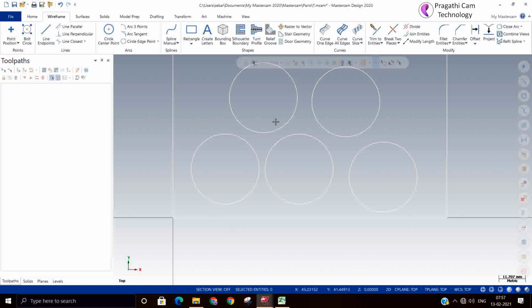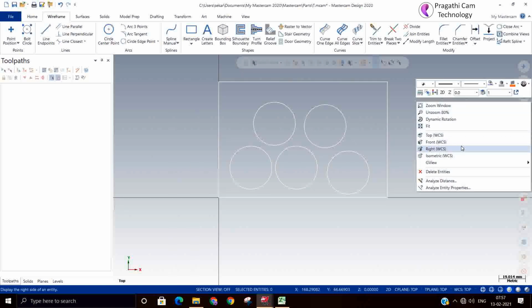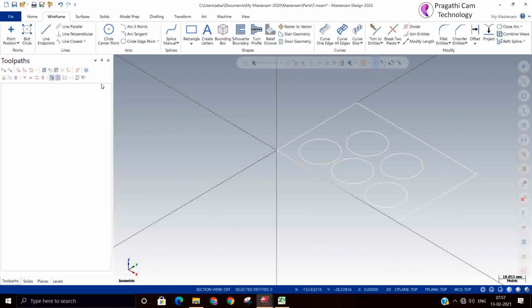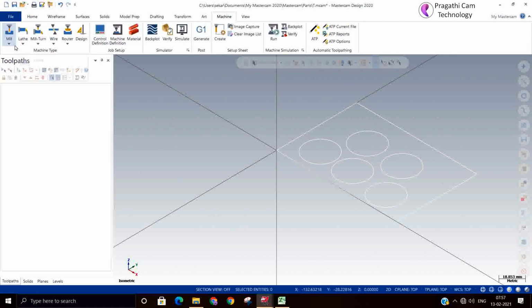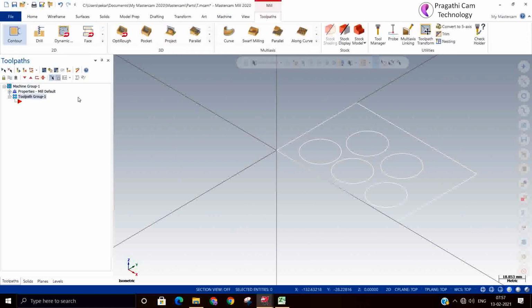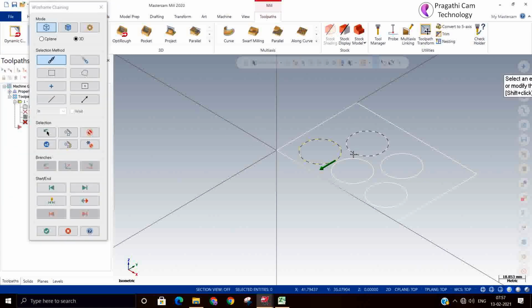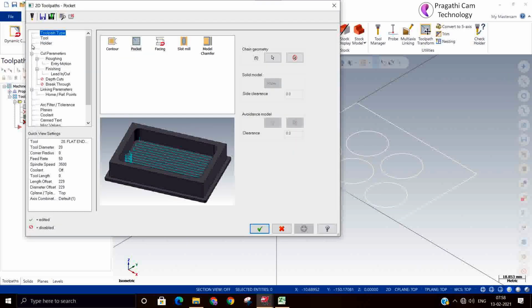For that reason, now we'll take a tool and I'll say pocket machining. I'll select 1, 2, 3, 4, 5, and take a 10 tool.